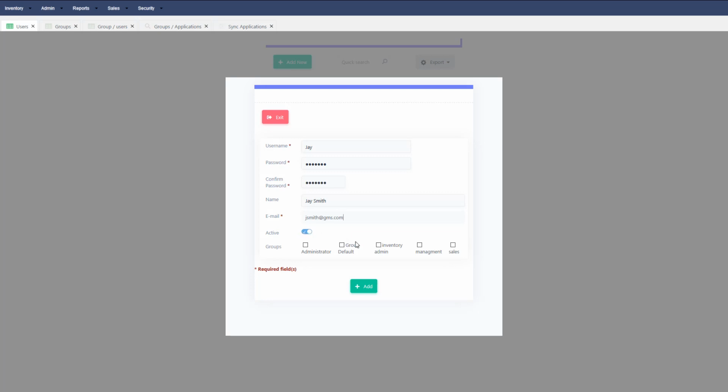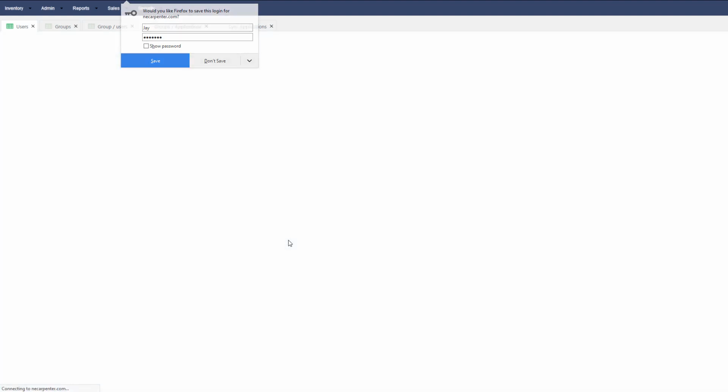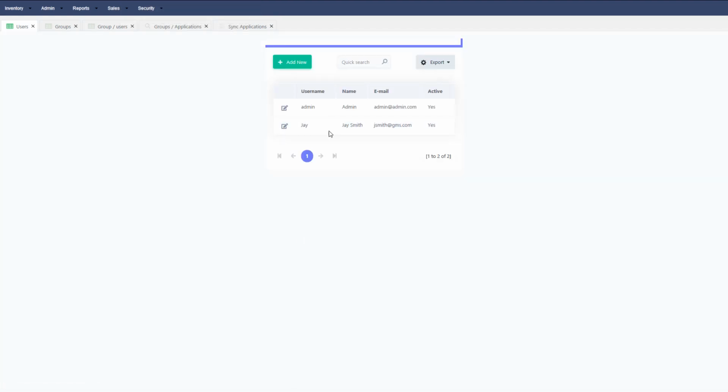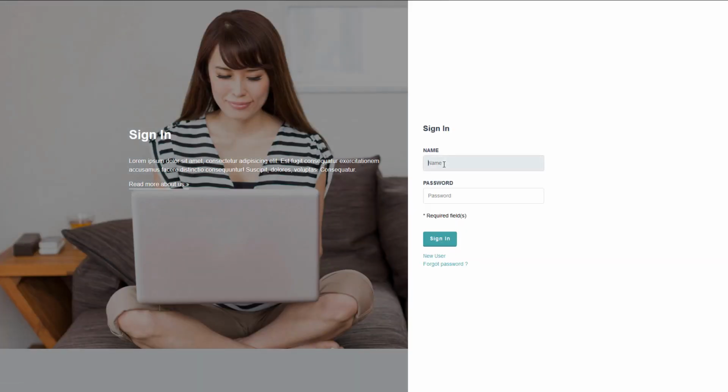And yes, he is an active user. If it's inactive, then they won't be able to log in. And then add him here to the inventory admin group, right like so. And then click add, and Jay should be able to log into the application here, as we can see. So you could walk through this for all of your users in your organization, but for now we're just going to add Jay, and then we're going to log out and log in as